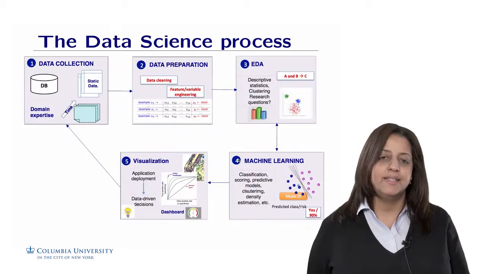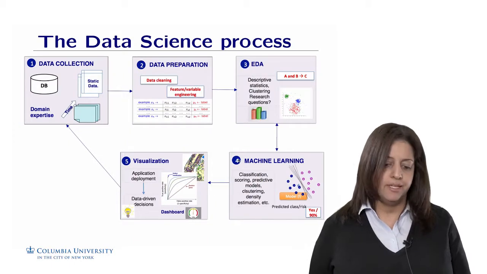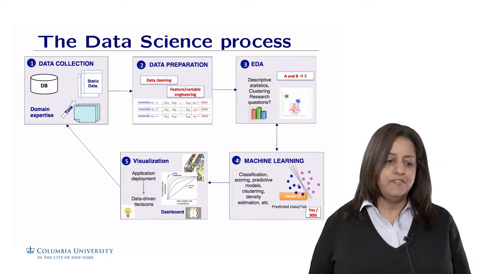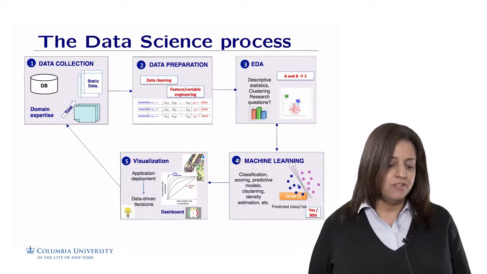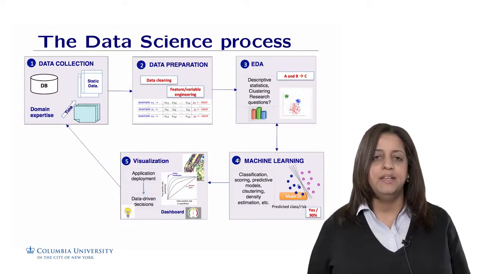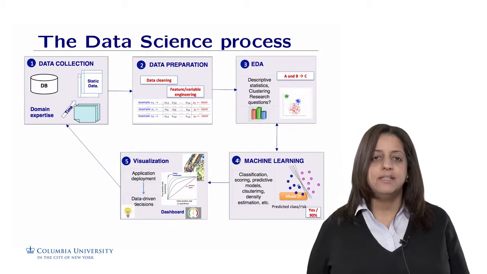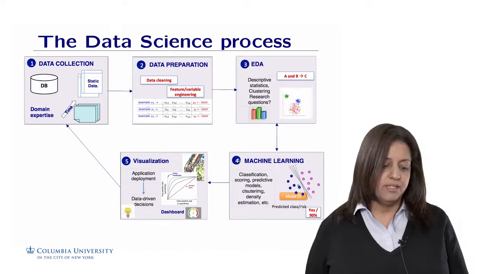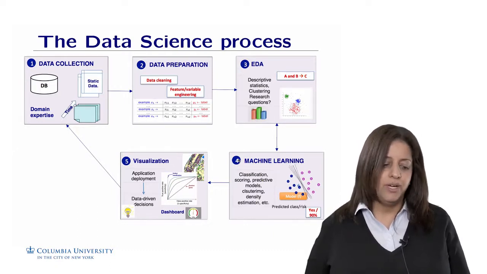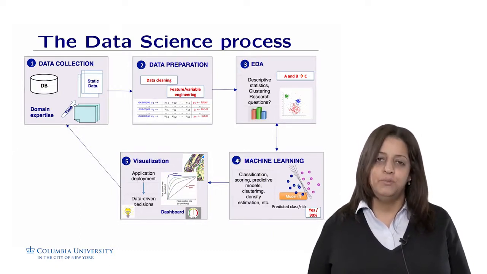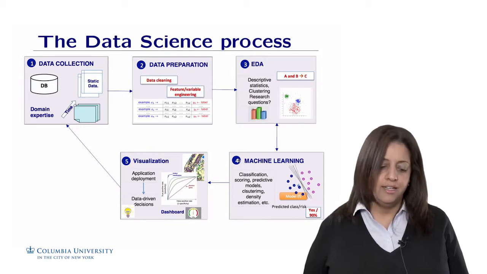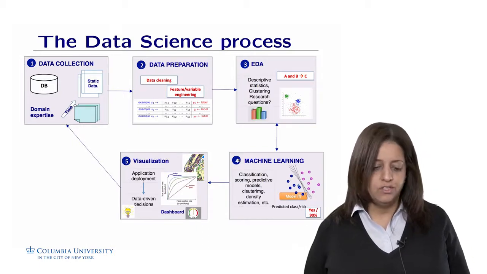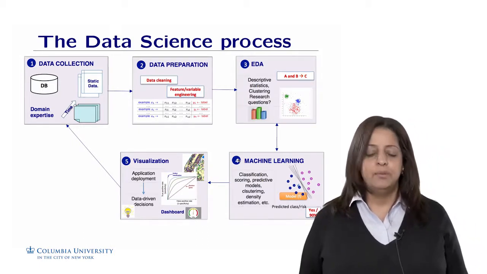The data science process consists of 5 main steps. The first one is data collection. As I said, data comes in different flavors, so you could do data collections of data that is static, dynamic. It could be structured in databases. We also need to collect information about domain expertise. This is crucial to be able to understand the domain in order to be able to leverage this data and turn it into knowledge.